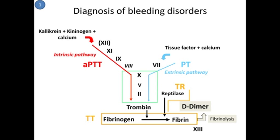How has the phenotype diagnosis been made, which also helps you follow with the genotype diagnosis? PT and APTT can be used, and thrombin time, usually, for the different types of disorder. For example, for factor 11 deficiency you see a prolongation of APTT, as we will see in the next slide, and with a prolongation of the PT you will suspect a factor 7 deficiency. Fibrinogen deficiency usually shows prolonged PT and APTT, but that depends on the severity,